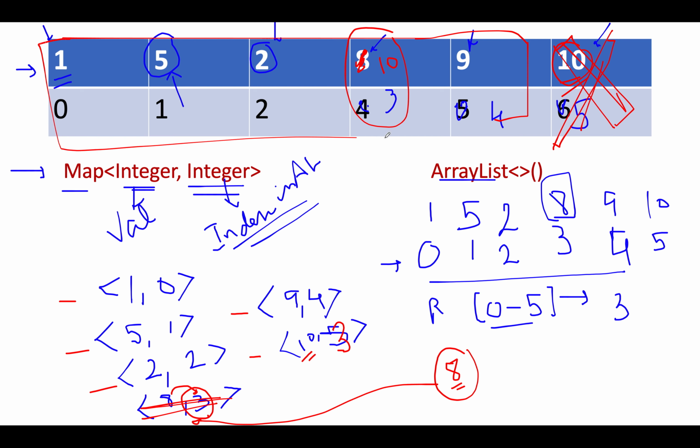So what advantage did we get in this process? Since we deleted only the terminal element from the array list, the complexity reduced from order of n to order of 1. Now if you want to insert any new element, you can simply go ahead and add it at the last terminal index over here.